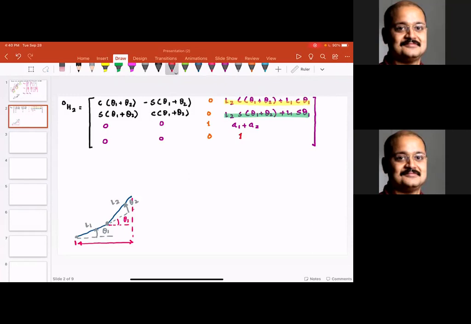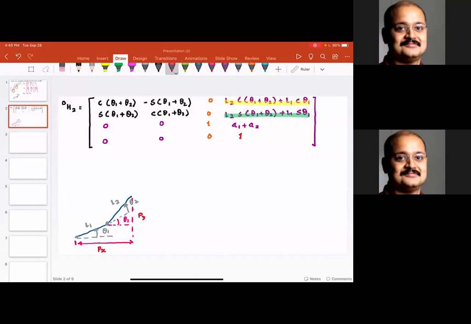For example, I would say this distance, which I'm going to call Px, and this distance I'm going to call Py. Please note, Pz is not going to change. In the Z orientation, the Z distance is not going to change because A1 is fixed, A2 is fixed. It's not going to change.